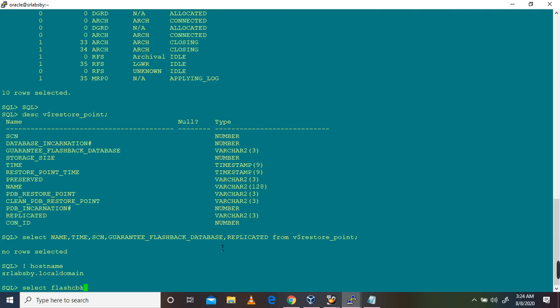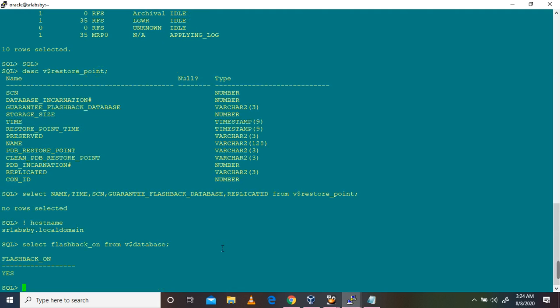Select flashback_on from v$database. So it is also enabled.